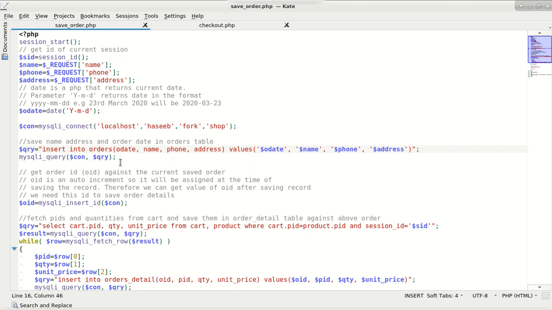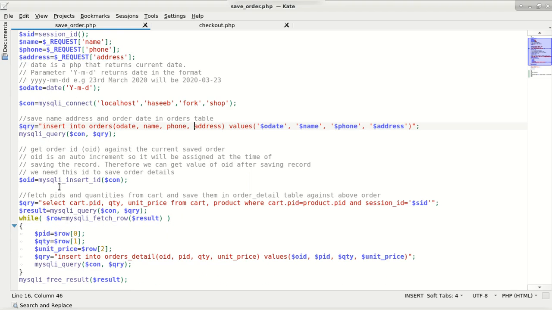Now we have to get the order ID of this currently saved record. So there is a function in PHP called mysqli_insert_id. This function gets the recently assigned auto increment value from the database, and we know that we have just entered the order record, so we will get the order ID and save it in the OID variable. Now we have the order ID,